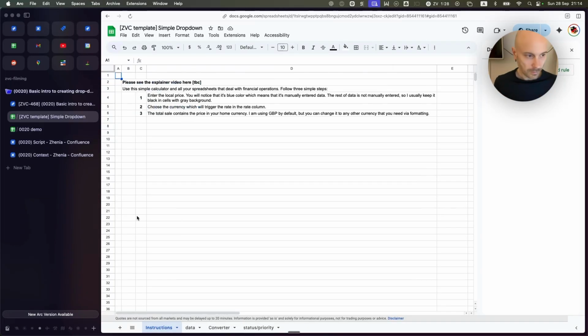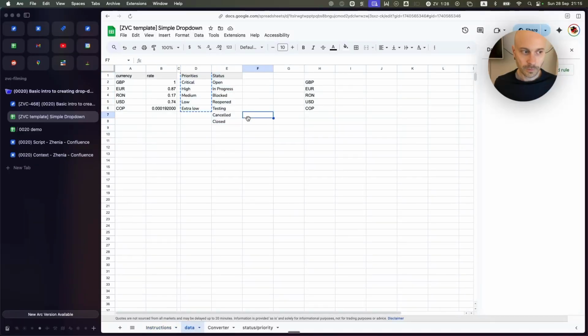So these things that you want to know about priorities and statuses, that it's the best use case to use them as dropdowns, but also project managers are really opinionated about those two things, because they always say priorities should always be these 5 values, and status is always gonna be these 7 values and nothing more. And priorities essentially are critical, high, medium, low, and extra low, which means critical means that it's a